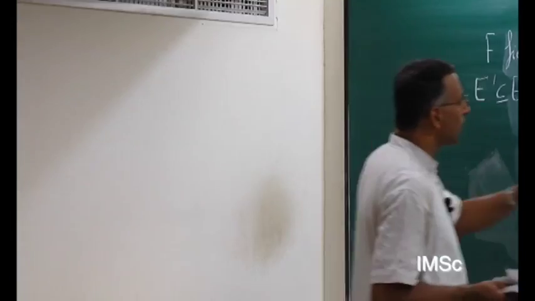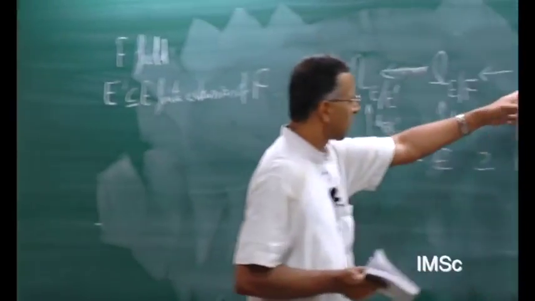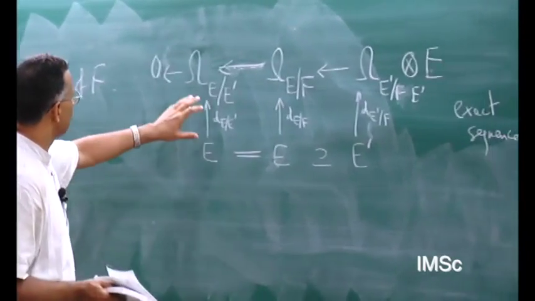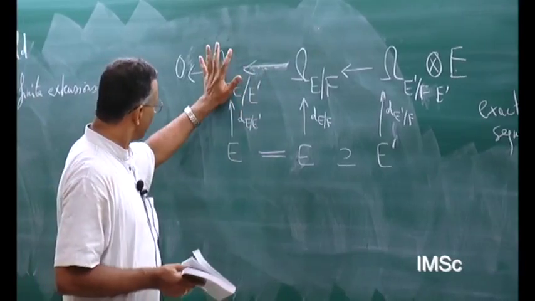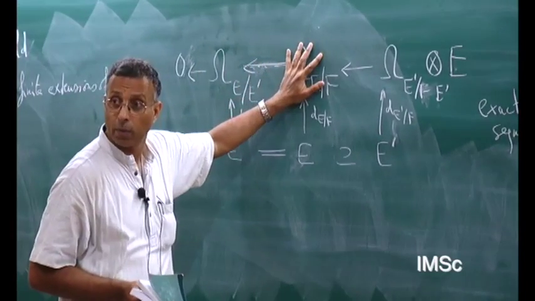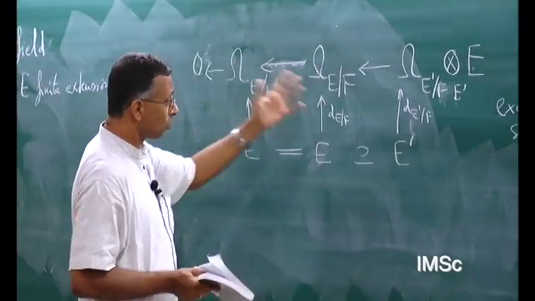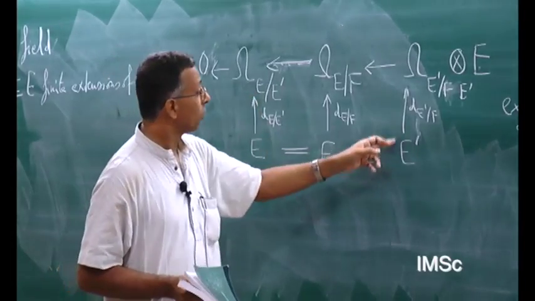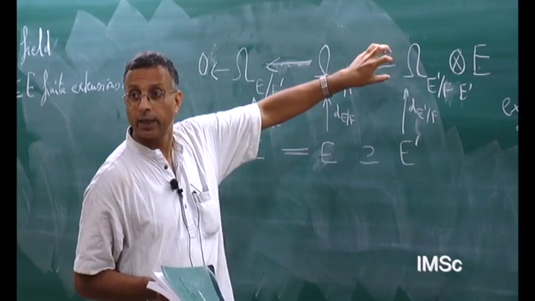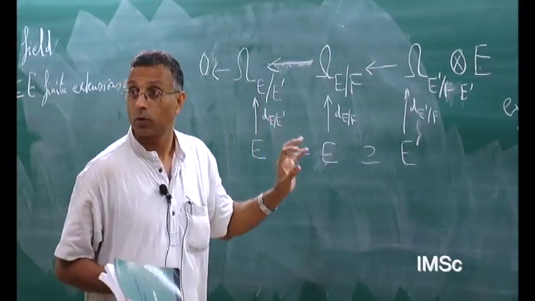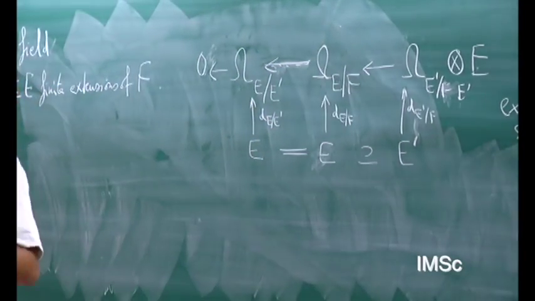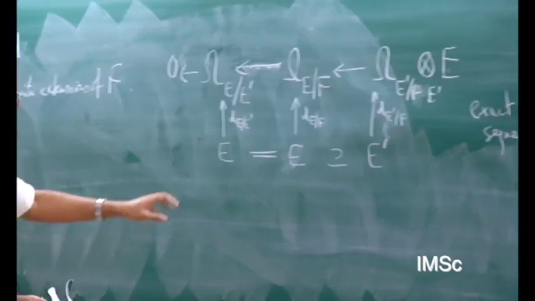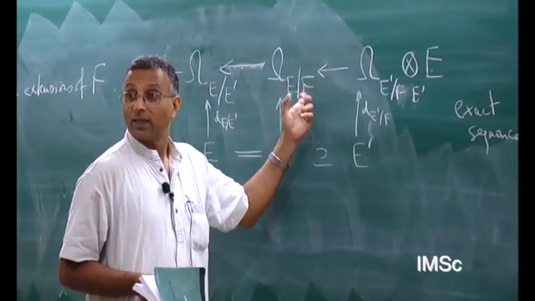Okay, so let's see. So how do you show, for example, the kernel is precisely this? Yeah. So see, this is onto, that is okay. So the exactness here is okay. The exactness here would be a problem. The fact that this goes to 0 is okay. That we just argued, I think, right? Because this goes to 0. Therefore, its image here goes to 0, but that image generates that. So all that goes to 0. So it's what is called a complex. That's clear. But what is maybe not 100% clear is that this image is precisely the kernel.